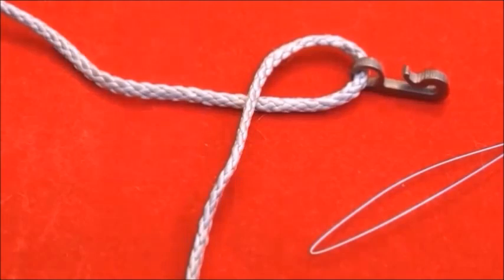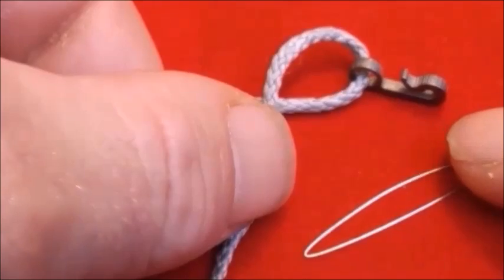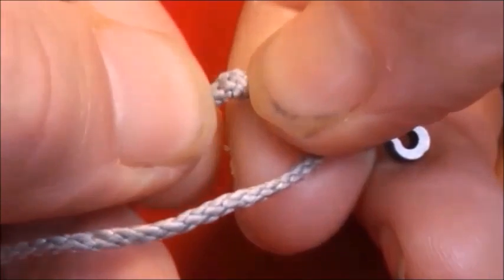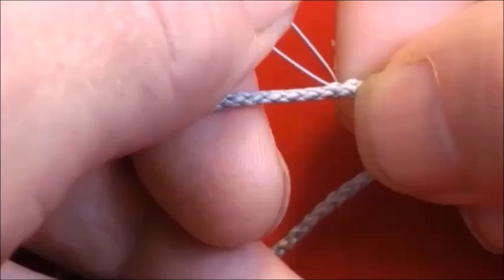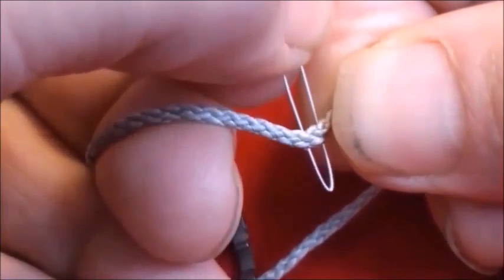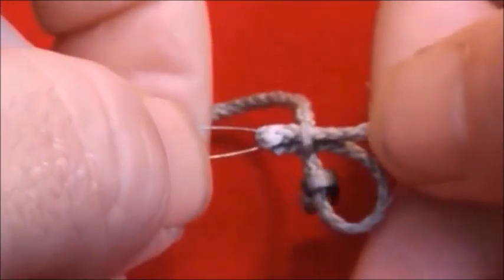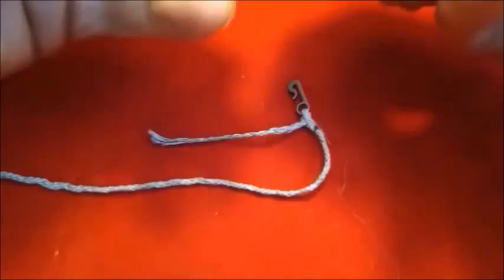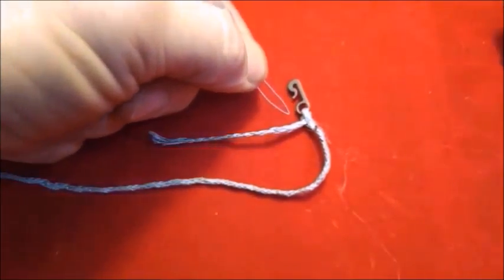So I've threaded the hook on and we're going to make a loop. Using my guitar wire, I need to make a hole in the line here and take the guitar wire through it. I'm going to introduce the guitar wire coming from top down, open up another loop. Let's just open it up,